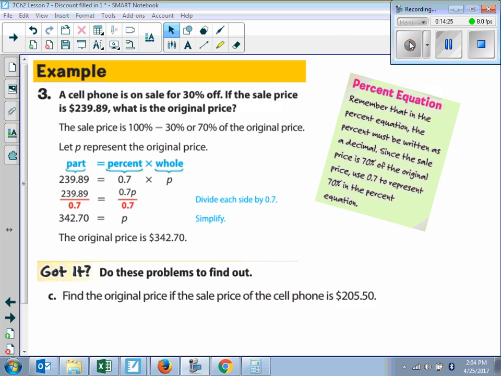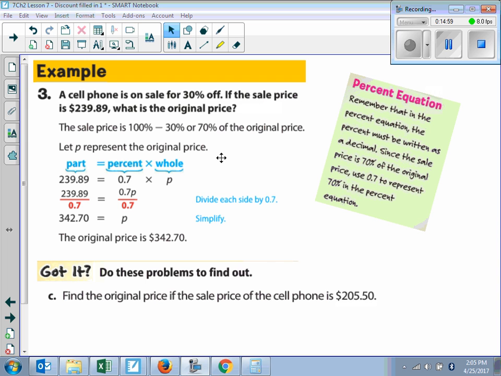Example 3 says a cell phone is on sale for 30% off. If the sale price is $239.89, what is the original price? Okay, so here the sale price is 100% minus the 30%. That means that the sale price is equal to 70% of the original price. So our what number is question would be